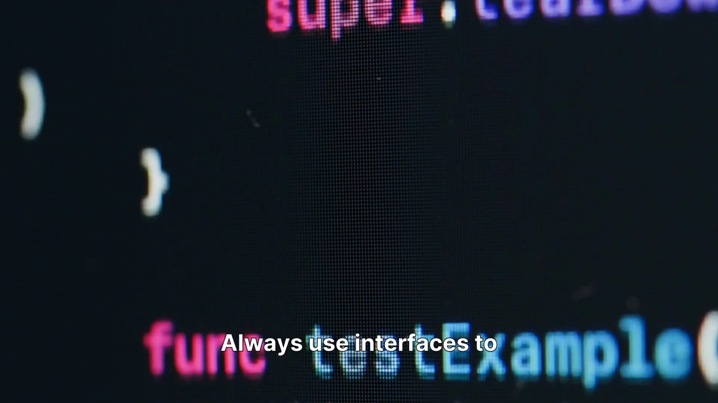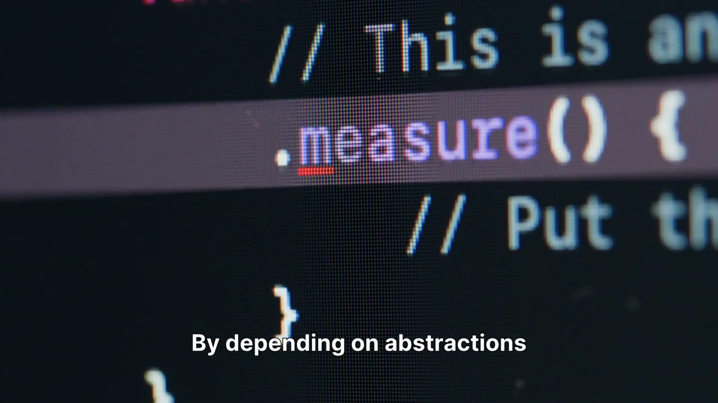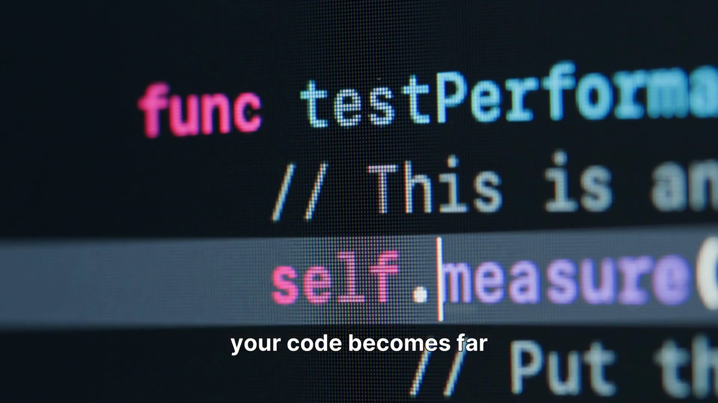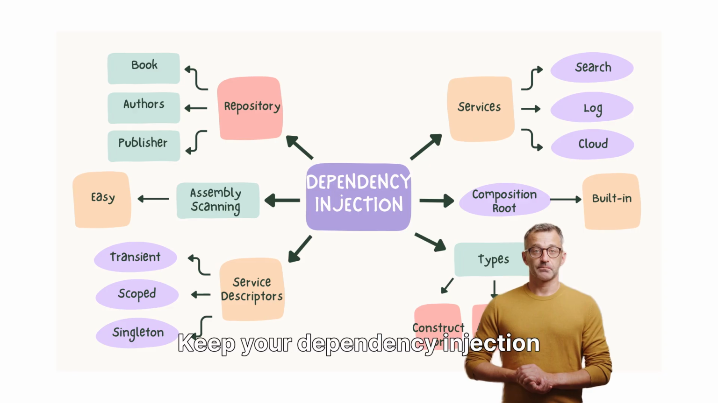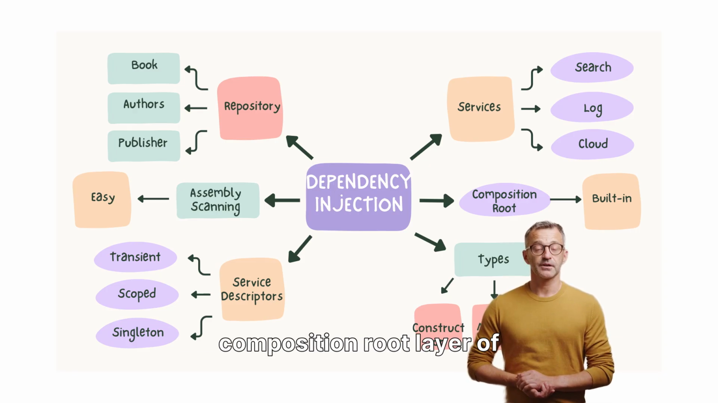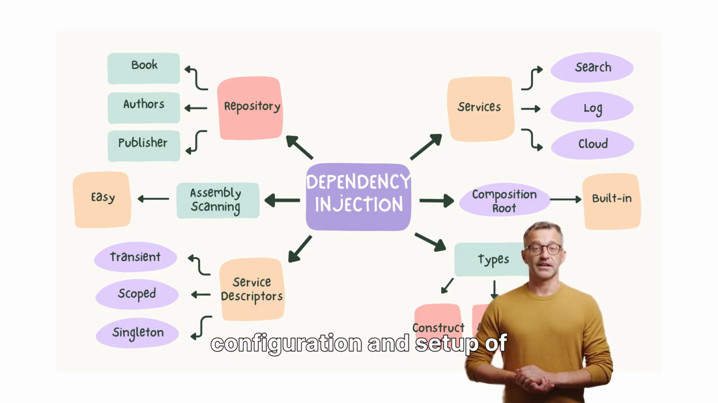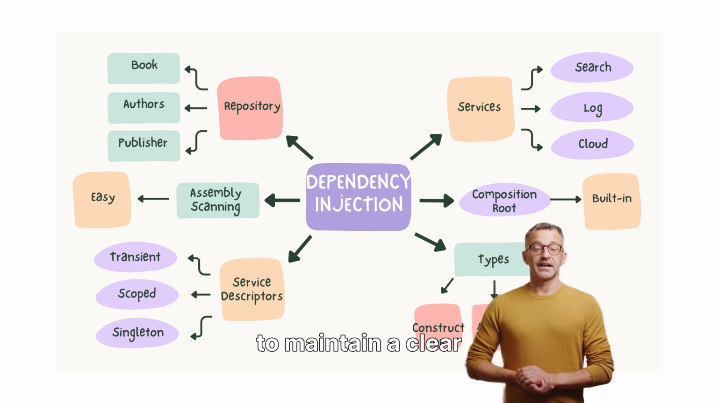Always use interfaces to define dependencies. This promotes maximum decoupling. By depending on abstractions rather than concrete implementations, your code becomes far more flexible and easier to test and extend. Keep your dependency injection logic concentrated in the composition root layer of your application. This means centralizing the configuration and setup of your DI container, typically at the application startup, to maintain a clear